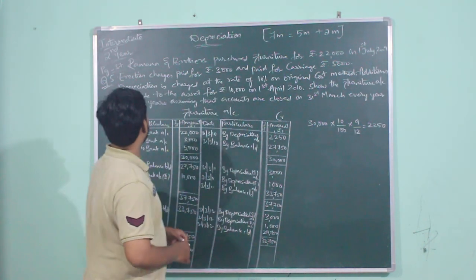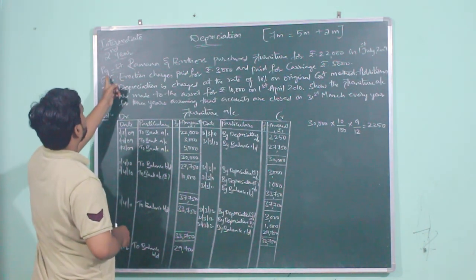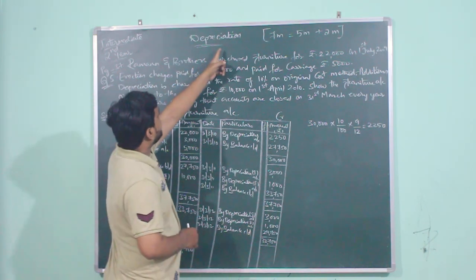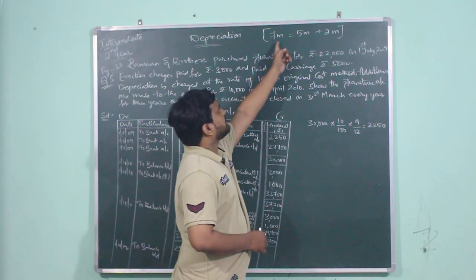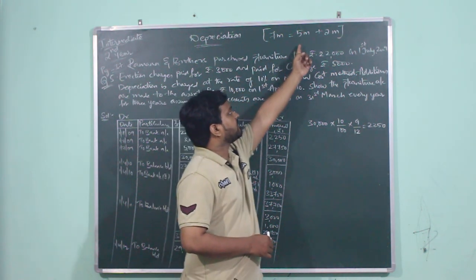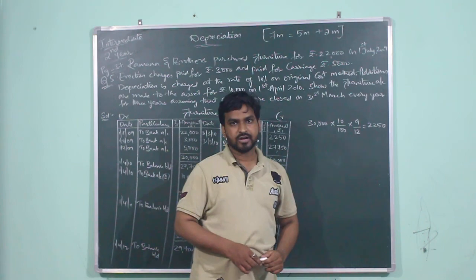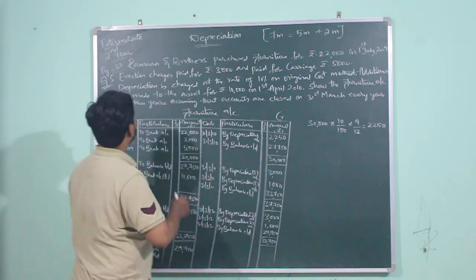In this video, I will be explaining question number 5 on page number 37 for the chapter depreciation. It is a chapter for intermediate second year students. And the weightage for this chapter is first 7 marks. A problem will be coming for 5 marks and a problem or a theory will be coming for 2 marks. Let us answer the question.